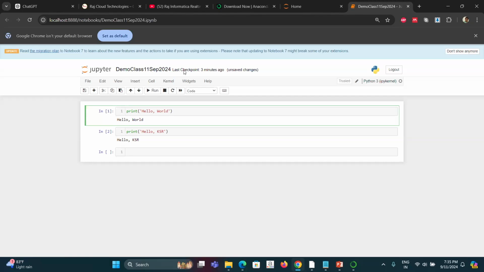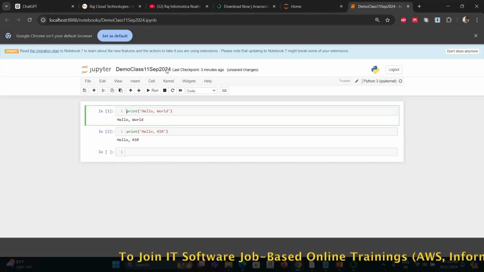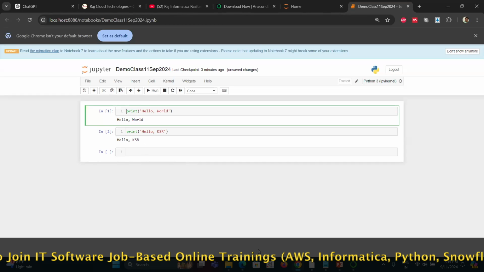It is so easy. We started the session at around 7:05, and by 7:30, if you are able to learn how to install Python and execute a single line of code, that itself is pretty fast for any programming language. That's how Python has become popular, and it's very useful.